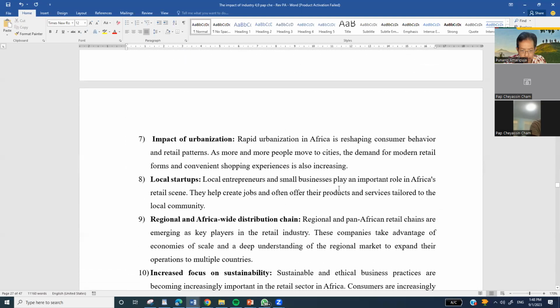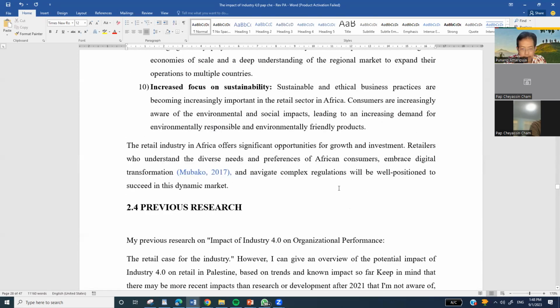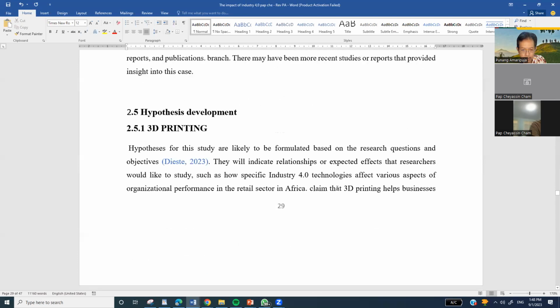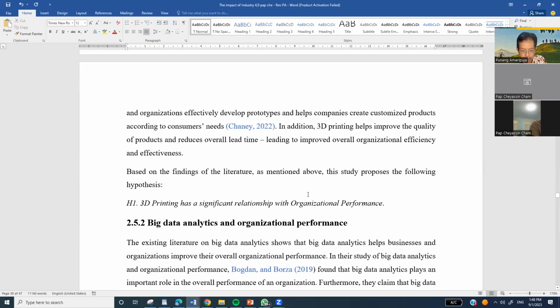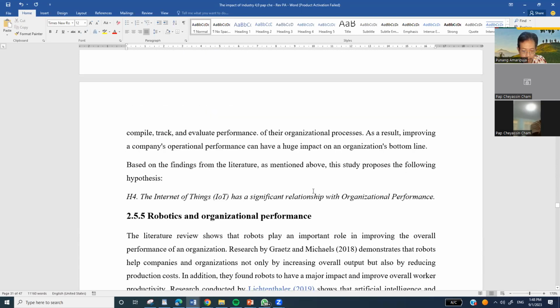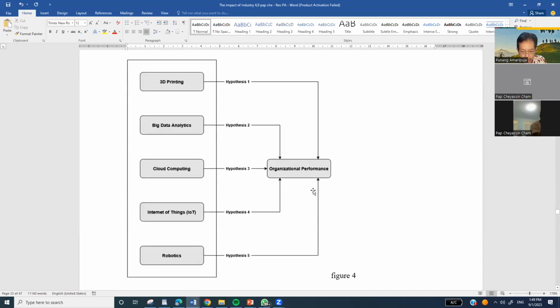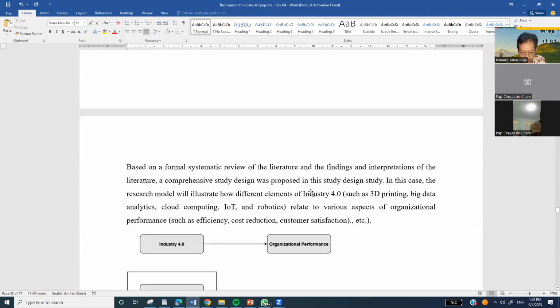Let's go to my sampling data. Can we go to the sampling data at the three? Okay, a minute. Previous research conclusion. Hypothesis developments. So I'll take a look at this first. Are there any specific research that you are referencing for this model?